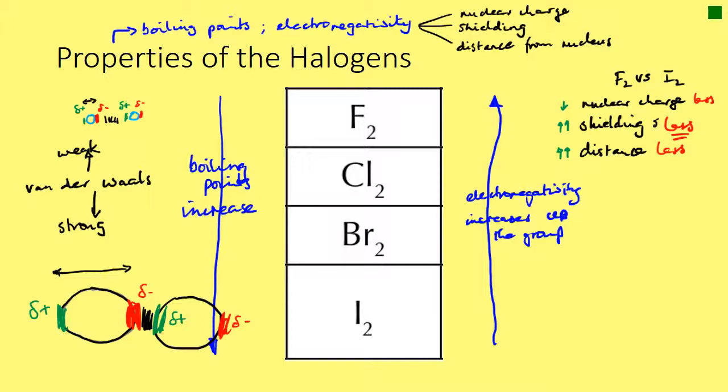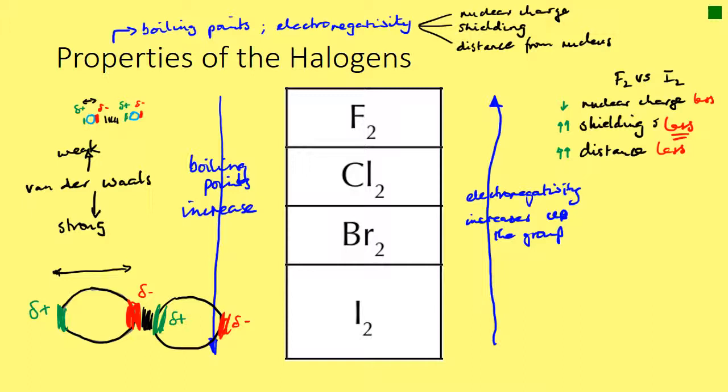So you can see a slight attraction. Let's draw an attraction in black. You can see a slight attraction there between the very temporary negative charge on the first fluorine molecule that I drew and a temporary positive charge on the second fluorine molecule. So those forces are weak because the atoms are small. Now we've gone down through the periods, an extra whole period in chlorine, another in bromine, and a further one in iodine. So iodine's much bigger, and exactly the same thing is happening here with iodine,